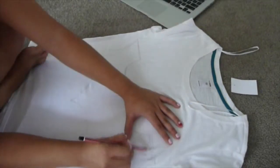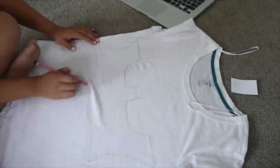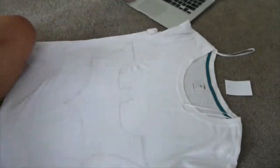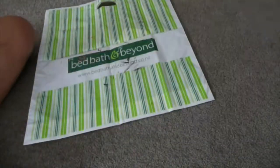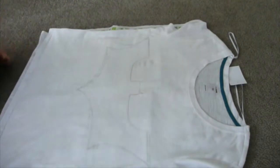my shirt with a normal HB pencil, and as you can see it's not perfect and there are pencil lines that I wish I didn't have drawn because I did a lot of markings wrong, and I used an eraser and that usually did not work well. So that's what I did, and now all you want to do is grab your big plastic bag and put it underneath,